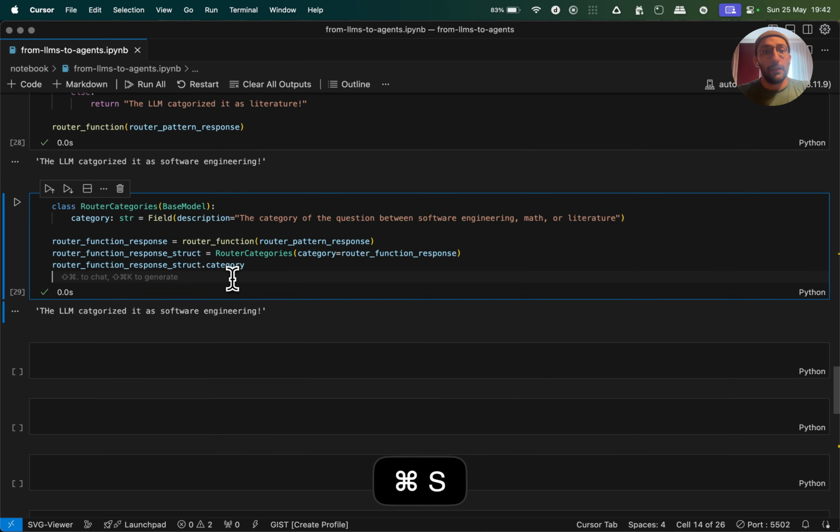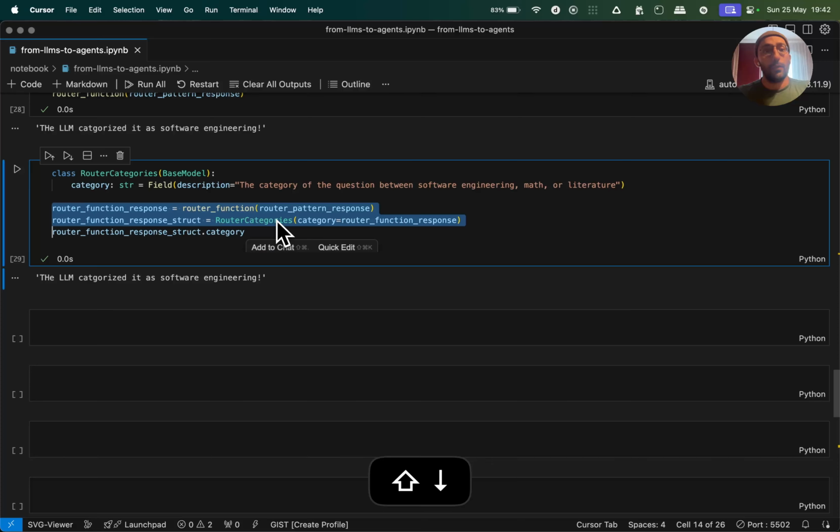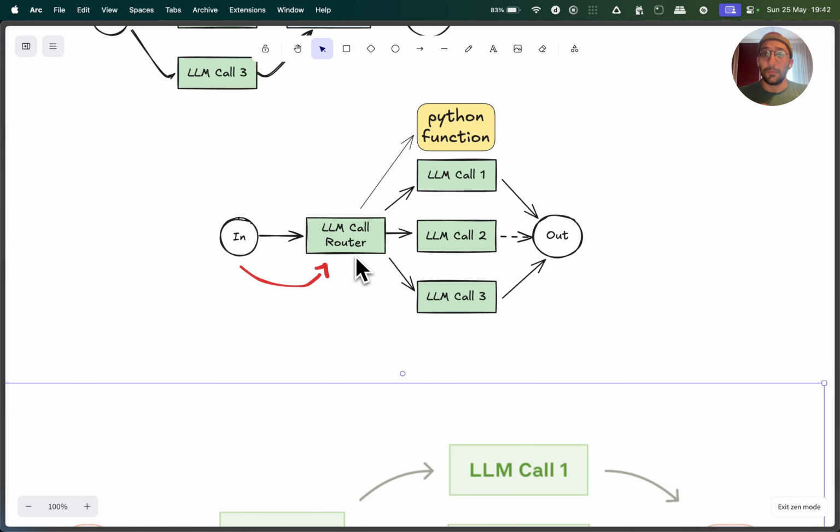So there you go. If I send that to the model, we could get this information like we were doing before. So we could do this in many different ways, but the point is that we can have an LLM as the center of this routing function, this routing capability.